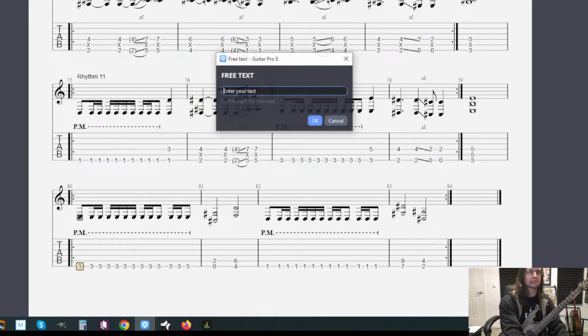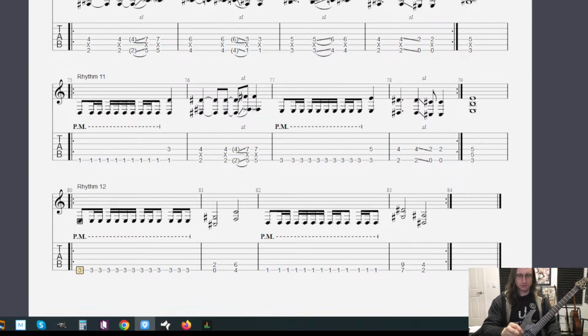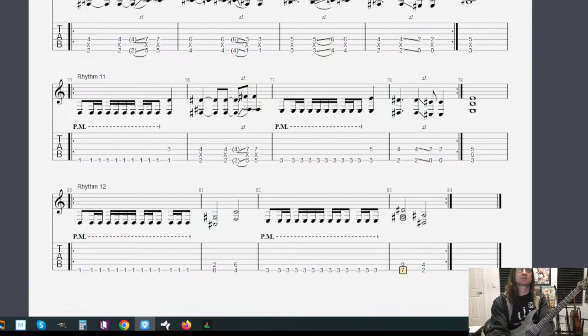All right. Rhythm number 12. That covers everything, I believe. Oh, I changed the wrong thing. These need to stay 1. These need to be changed to 3. And change. All right, there we go. Okay. I think that's everything.